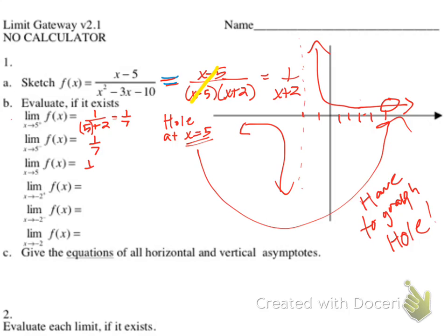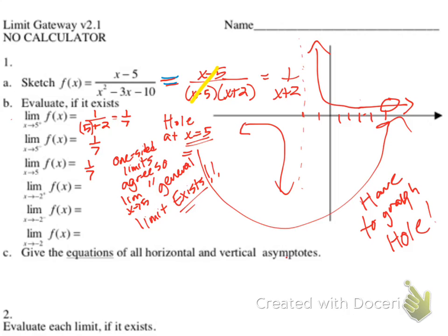And because these one-sided limits agree, the left and the right-hand limits agree, it's a really important calculus concept. If the limits agree on either side, then we say the limit exists. So there is a definitive value, and we call it the general limit, as x approaches 5, which is a statement about both sides. The value of this particular limit as x approaches 5 is 1/7, and the limits agree. Now we'll have a situation here in a minute where the one-sided limits don't agree, and therefore the limit does not